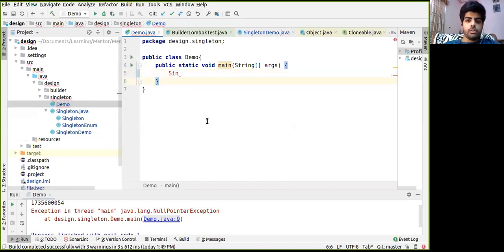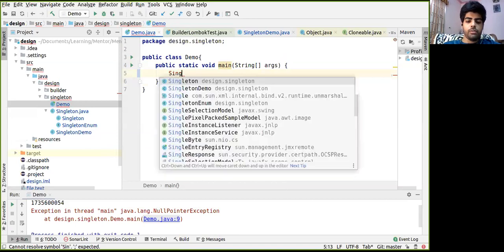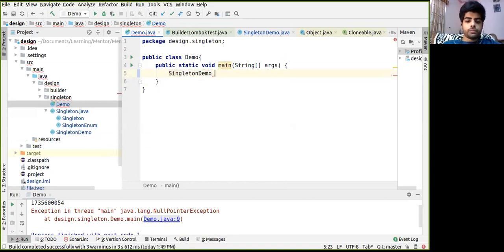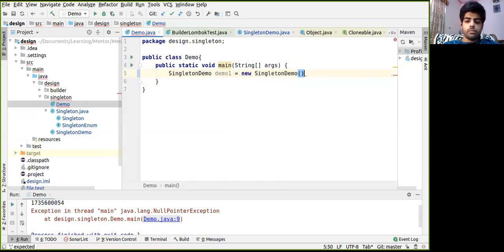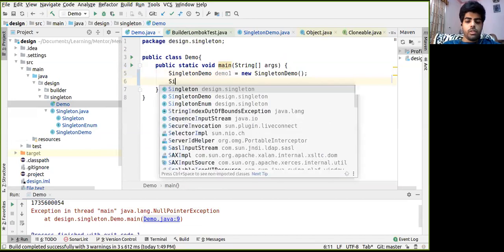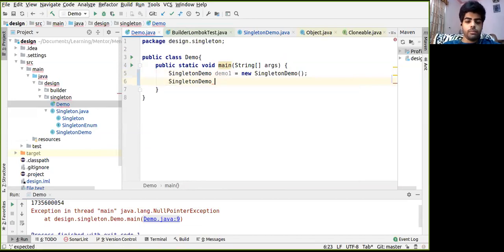We'll use the new keyword to instantiate the object. Now let's instantiate another instance.